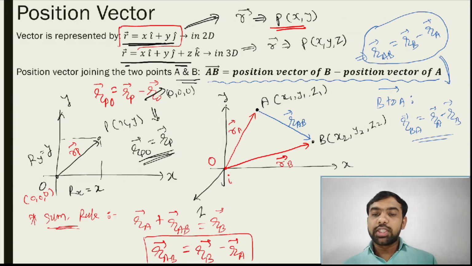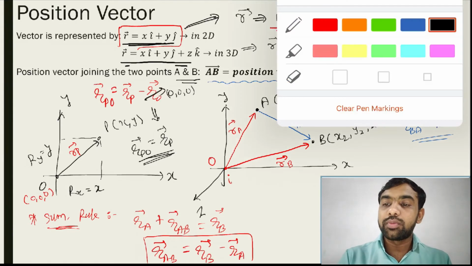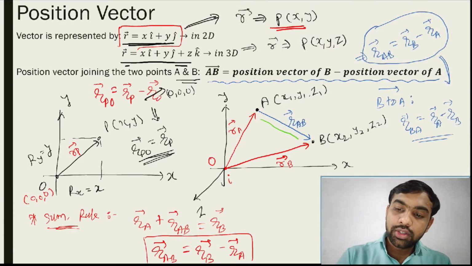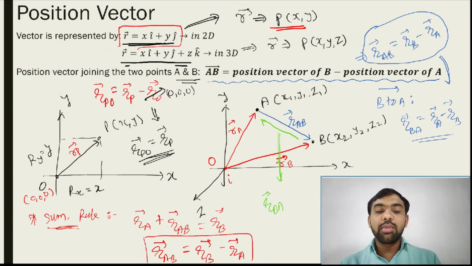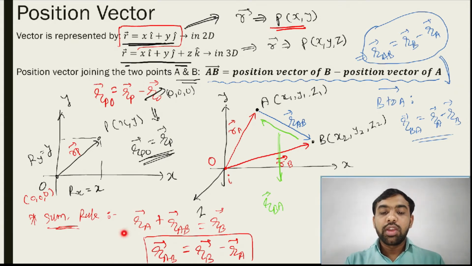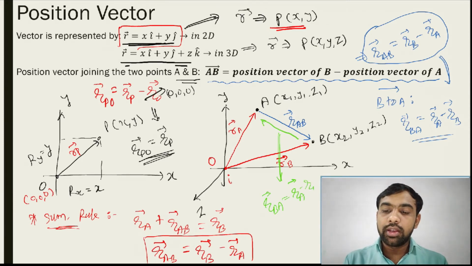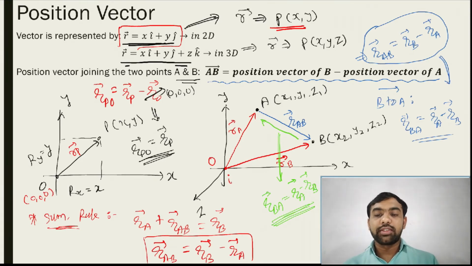Okay, so what does position vector RA mean? The vector from the origin to A. RB means what? The vector from the origin to B. So then how can you write the vector from A to B? RB minus RA. Similarly, how can you write the vector from B to A? Look from here to here, in the opposite direction. If you write this RBA, use the same summation rule, and you get this answer: RBA is equal to RA minus RB. Okay, you can still find it using the same rule. All of you note this. Then after this we will go to the next one.